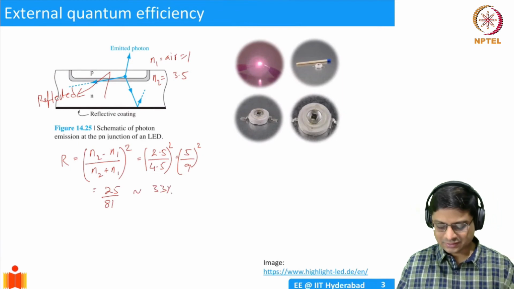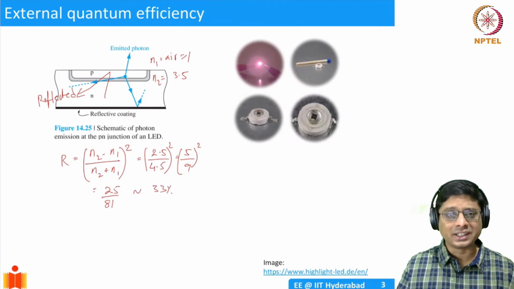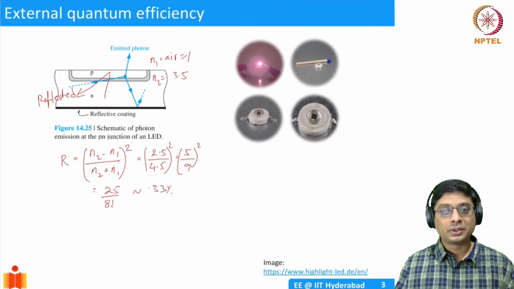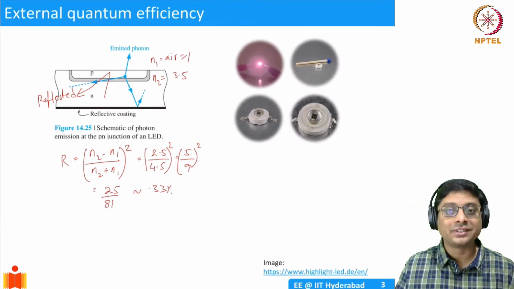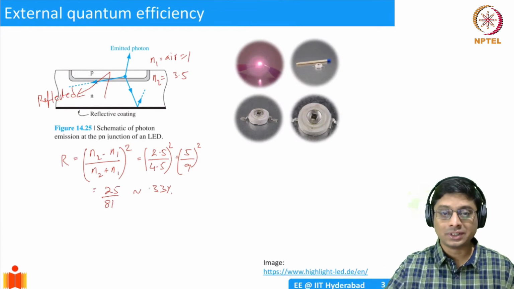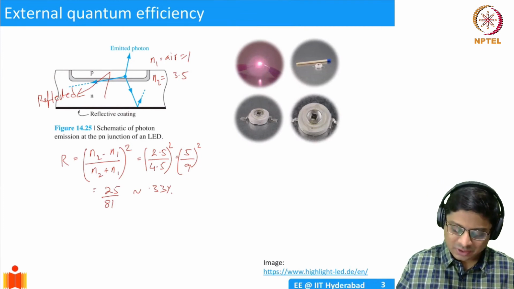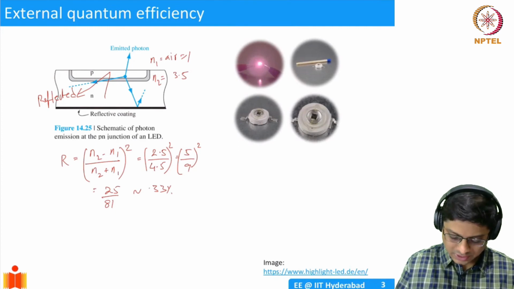I mean, 1/3 would be 25 by 75, so it is slightly less than 1/3, right? So 33% of reflection. If you emit 100 photons, 33% are actually getting reflected. Only 66% are coming out. And this is known as external quantum efficiency. There can be other things, some of them can be absorbed also. So effectively, external quantum efficiency, EQE, quantifies the number of photons